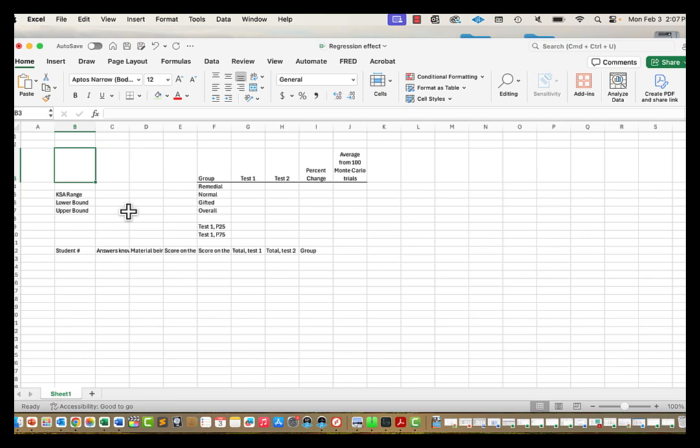This is a walkthrough of the Excel regression effect exercise. To start with, you should duplicate what you see here or in the document available on Moodle. You don't want the numbers. Some of those numbers are calculated numbers. Most of them are calculated numbers. But you want this if you are interested in how you get